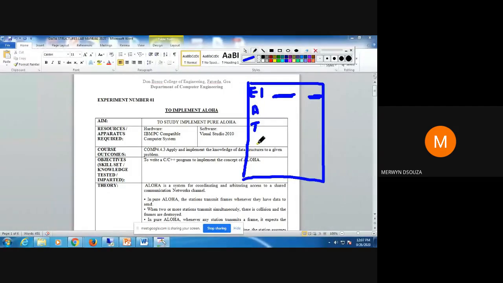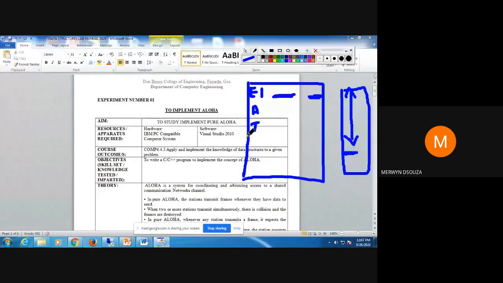If you have a printer, take your program printout and attach it. So this will be a program printout, for example, with the output. Your program will be here with the output. If you don't have a printer, I don't want you to go outside and take printouts. Keep those programs with you, soft copy. When you join the college later, you can take printouts and put them in. It's very important that you save your programs and keep them.